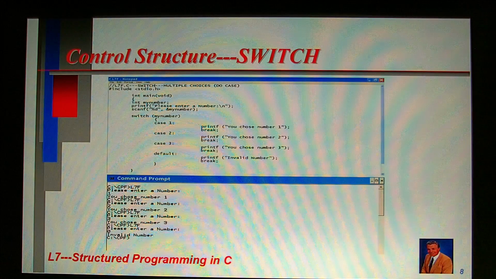Okay, let's take a look at the switch decision control structure. switch (my number)